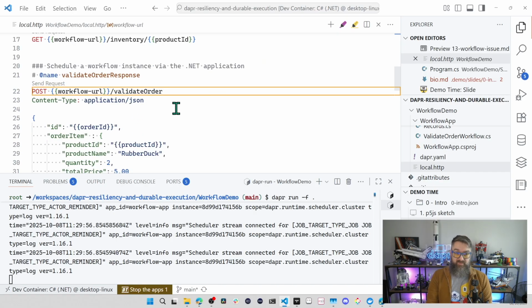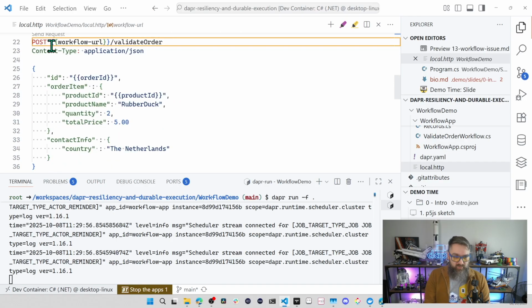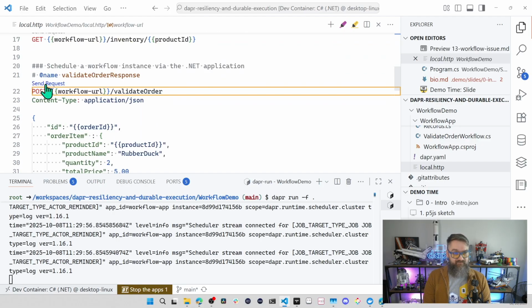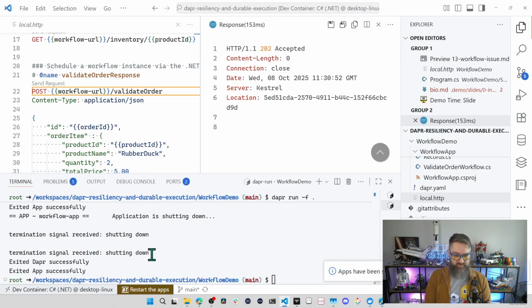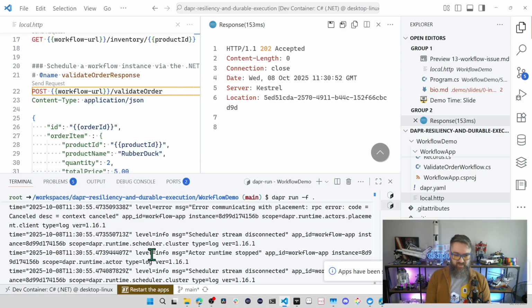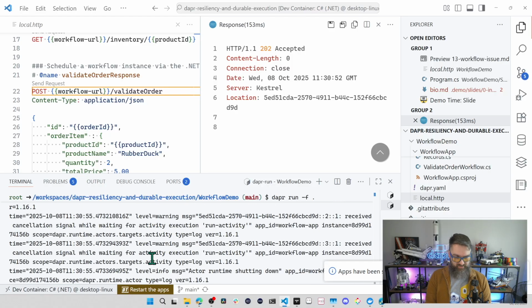Now I'm calling the /validate order endpoint, and my payload is an order ID, and it's using some variables. So this is a randomly generated thing. So I'm going to send a request, but very soon I will stop all of the applications to simulate there's an issue. So making the request, and I'm stopping everything. Now I will scroll up a bit here in the logs,